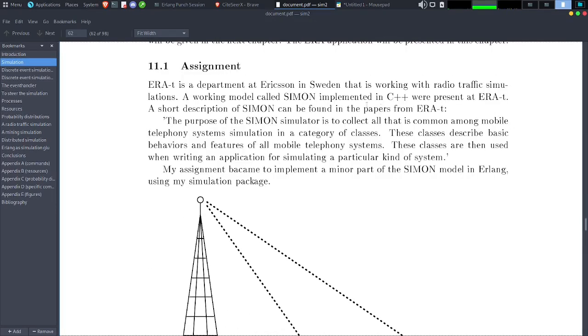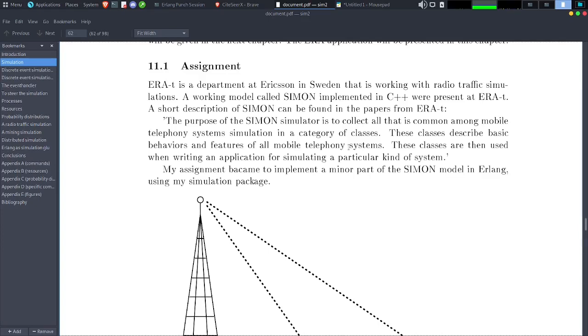ERA-T is a department at Ericsson in Sweden that is working with radio traffic simulation. A working model called Simon, implemented in C++, was presented at ERA-T. A short description of Simon can be found in the papers from ERA-T. The purpose of the Simon simulator is to collect all that is common among mobile telephony system simulations in a category of classes.